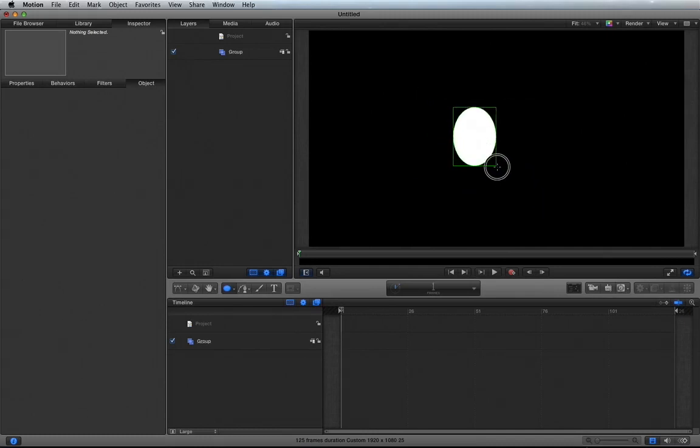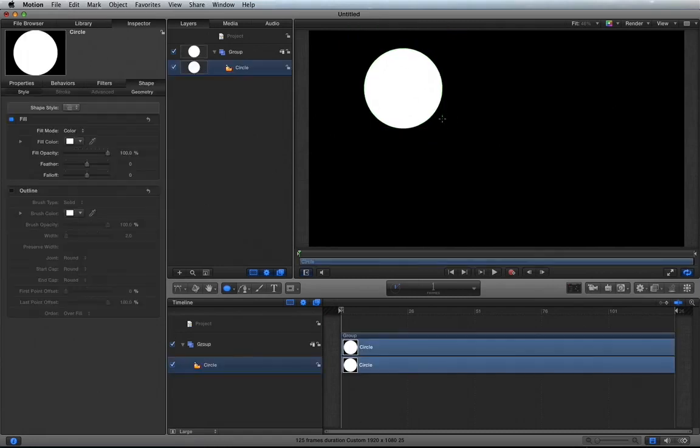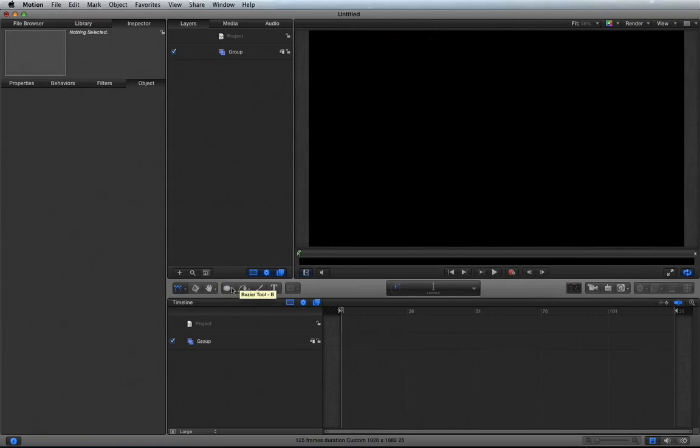So Alt is also an important one, so that if, for instance, I know that I want the center of my circle to be right here, if I hold down Alt, and of course hold down Shift, now I'm making a perfect circle right from that center point. So those are some important ones to remember when drawing shapes with your circles and with your rectangles. The Shift and the Alt